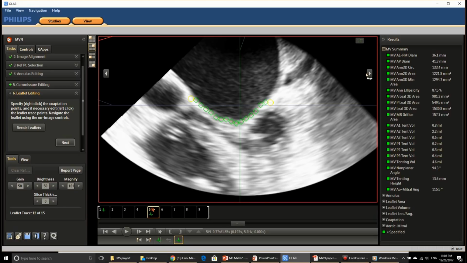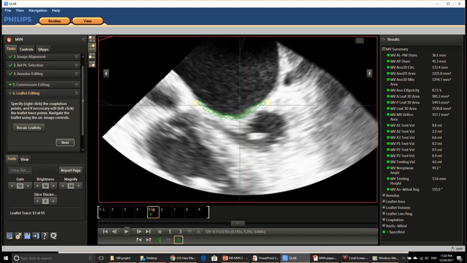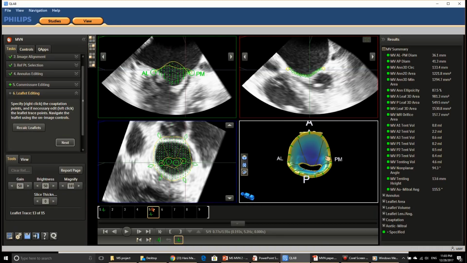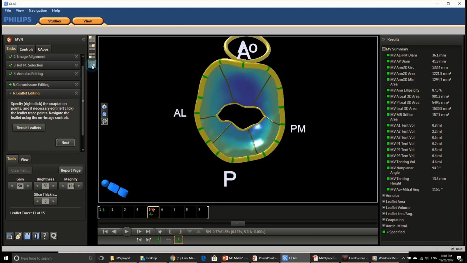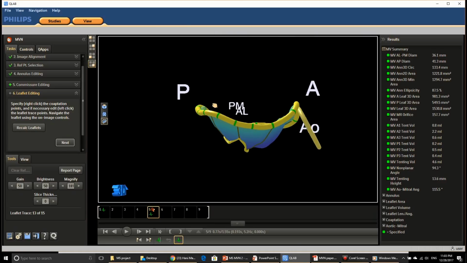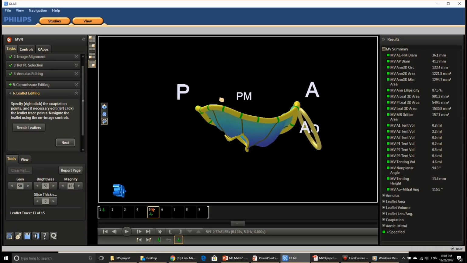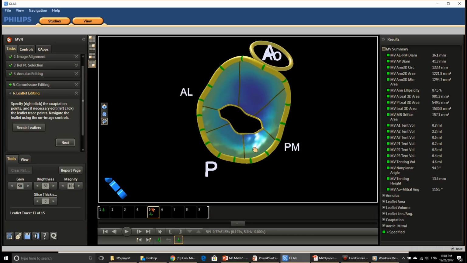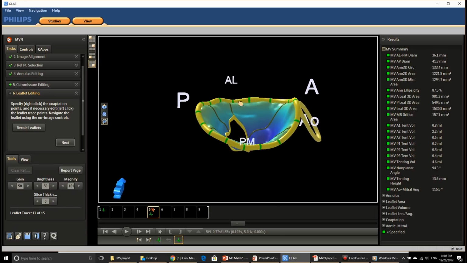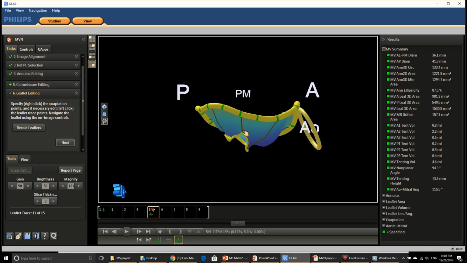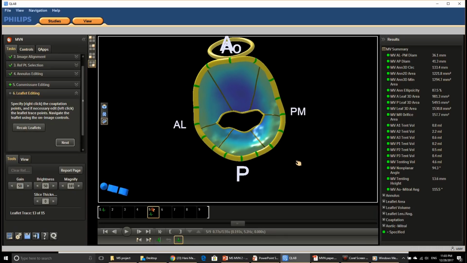Now I'm ready. For the second one, there are no red points, so I'm ready to see the quad screen again. And here's the quad screen display. You can see the mitral valve area was traced. I can highlight this alone. Here's the mitral valve model during diastole. You can see here the mitral valve area, and if you look from the side, you can really appreciate that the commissures are at a different level than the tips of the mitral valve. And you can see also the mitral valve orifice area was traced here and given